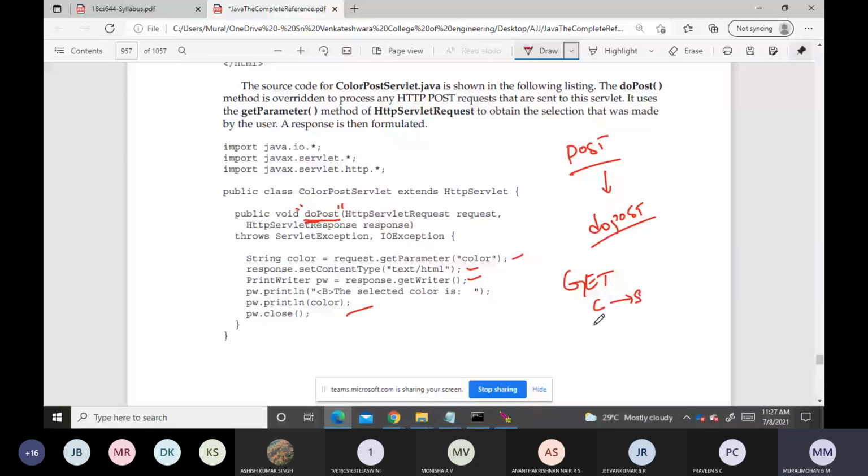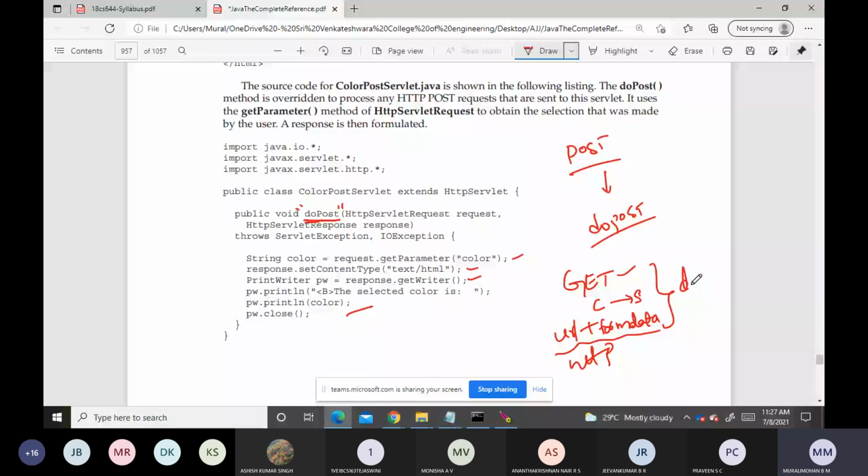So the HTTP request is the URL plus the form data. To process this, we should override the doGet method, which is inside the HttpServlet class.